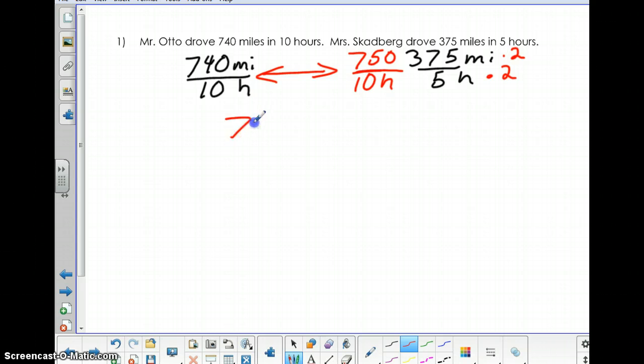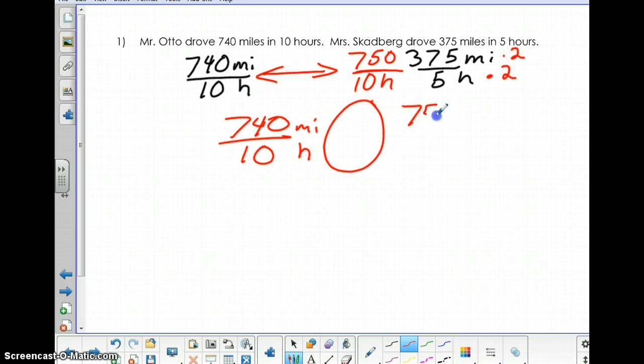So another way that we can do this is to write a comparison. Don't forget your labels. And there's a big circle in the middle. 750 over 10 hours. And this is miles. And remember, the alligator eats the larger number. Why does it